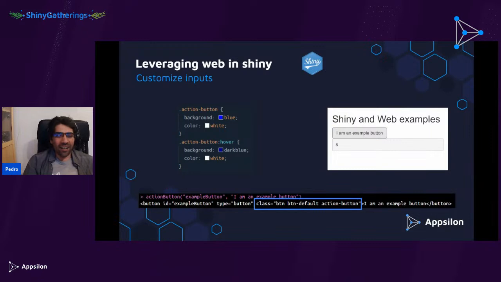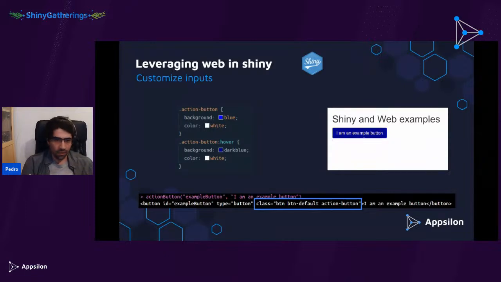So while we could use one of these classes to create our CSS, it's typically better to create our own classes for elements when we're trying to customize them. And the reason for that is that, especially in the case of Shiny, if you somehow edit the styles for one of these classes, you might end up with something not working correctly.